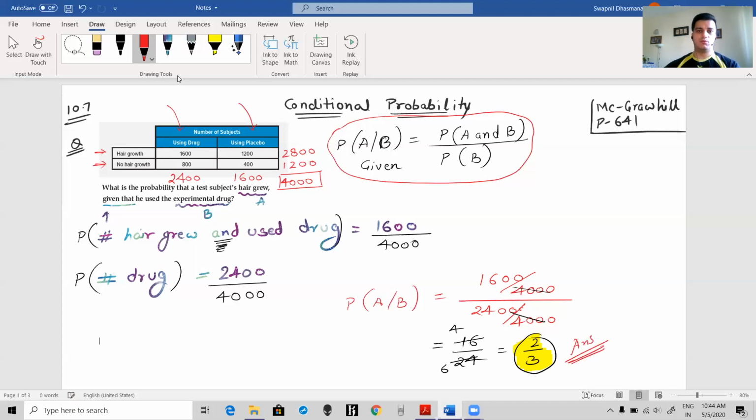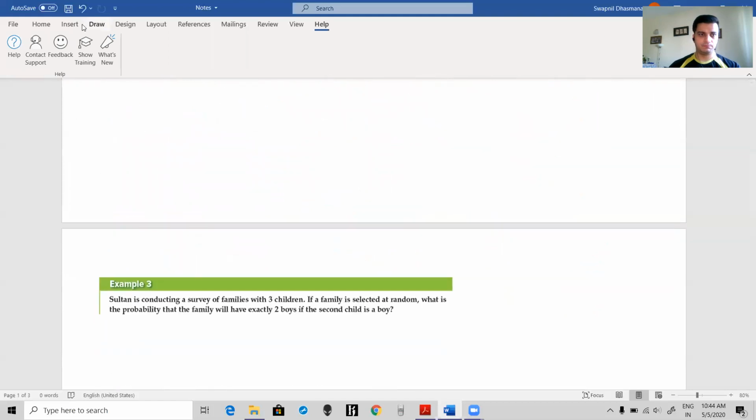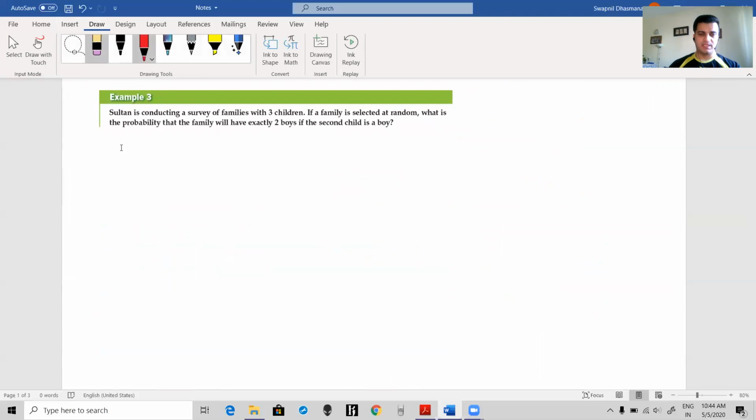So that's how we solve questions based on conditional probability. I'll show you one more just to clarify the concept. All right, so I've already taken a question from McGraw Hill. Let's have a look using the same rule which was given on the top. Sultan is conducting a survey of families with 3 children. So there are 3 children. If the family is selected at random, so you're choosing one,